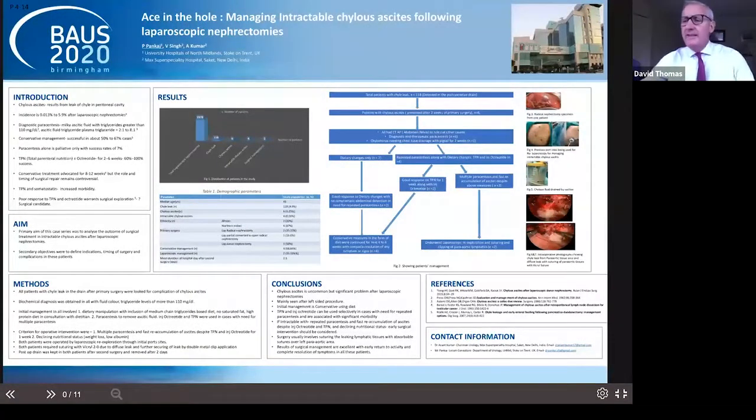Abstract number 14, the ACE in the hole, managing intractable chylous ascites following laparoscopic nephrectomy. And this is Mr. Panwar on behalf of the Super Specialty Hospital in Delhi and University Hospital North Midlands in Stoke. Chylous ascites, chylous leak, can be a significant clinical problem, rare but difficult to manage. And they've looked at